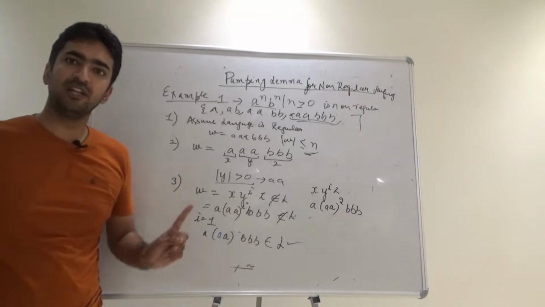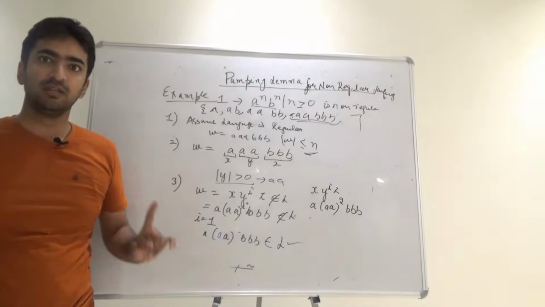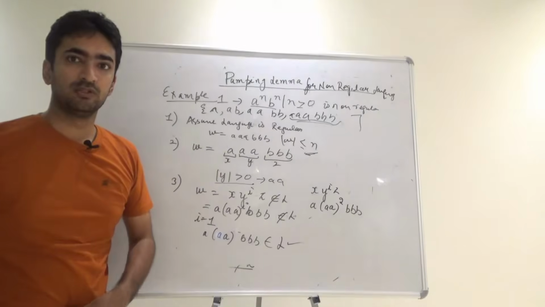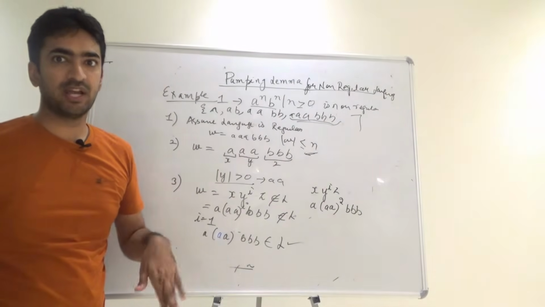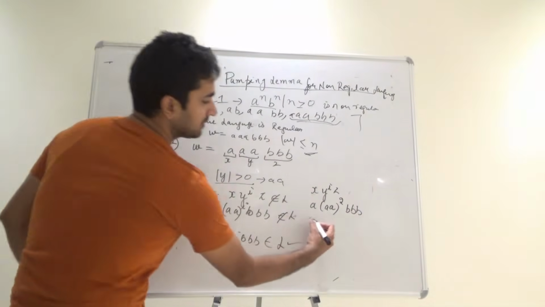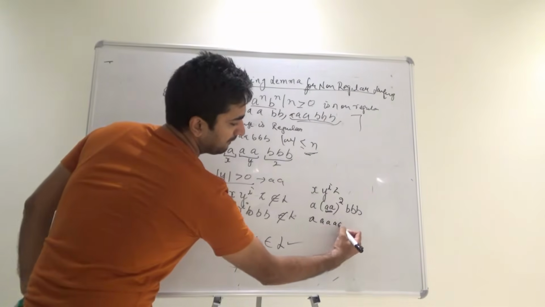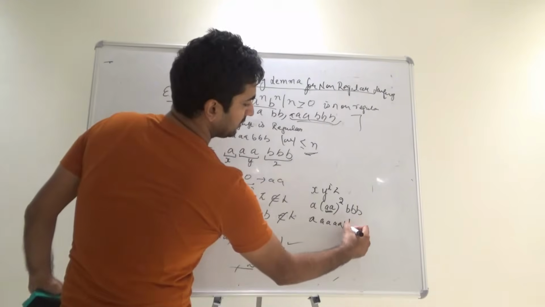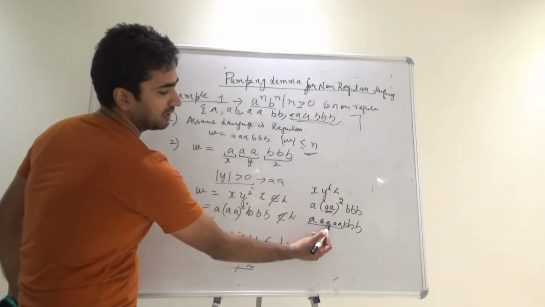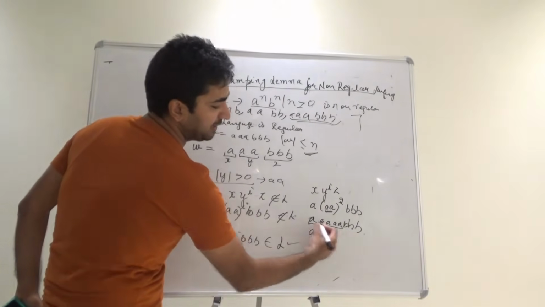Now earlier I could not put i value as 0, because that would mean y length is 0, which cannot be done. So I am rather taking the value of y as 2. So definitely I can take i value as 2, i is greater than or equal to 0. If it is taken as 2, it means 1a, then 2 occurrences of double a, and triple b. Guys, just check this: first a, second a, third a, fourth a, fifth a, and 3 b's. It means it is a5 and b3.